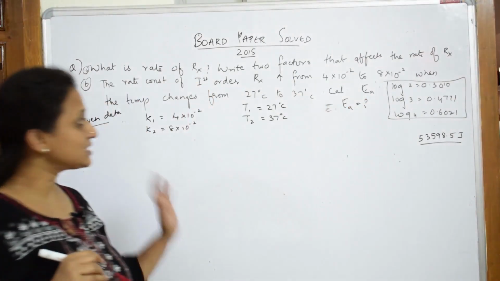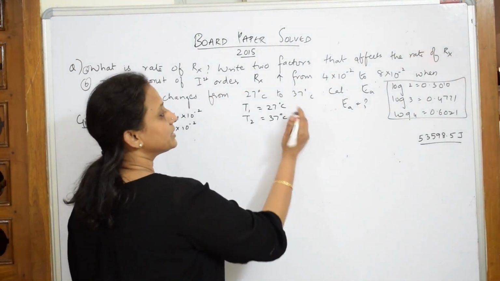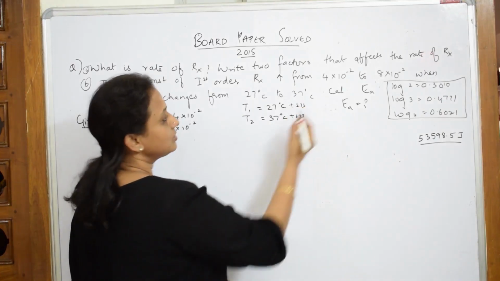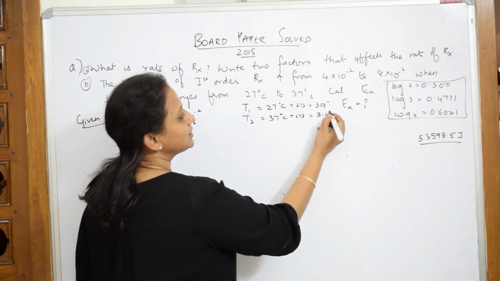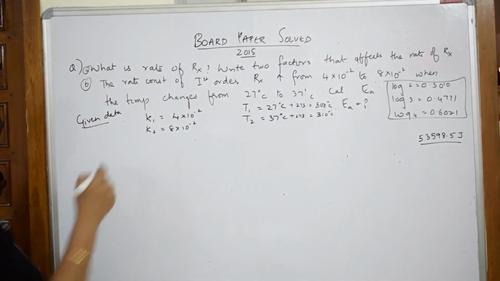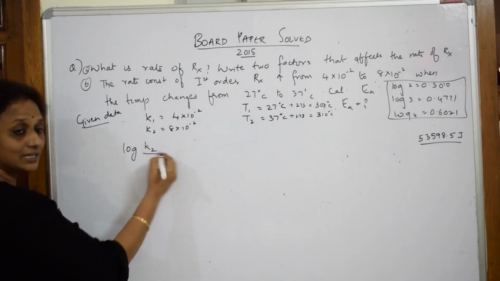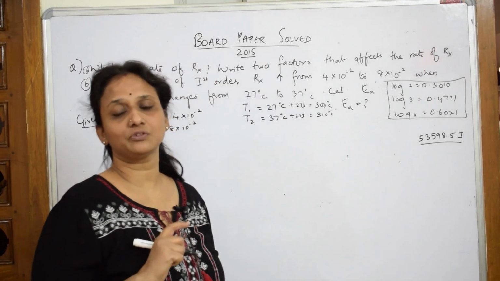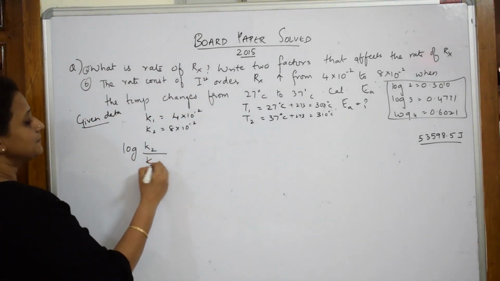Right? Now, as soon as this is given to you, it's simple, Arrhenius equation. But remember, as soon as the temperature is given to you, try to add 273 Kelvin to both. That's important. Then only it will get converted, so this becomes 300 and this becomes 310. Correct? Yes, done. Now my data is ready. I'll apply it in the formula. What is the formula? This is your Arrhenius equation formula. I have done a video on the Arrhenius equation. Please go through the video and then try to solve this and learn this. log K2 by K1 is equal to